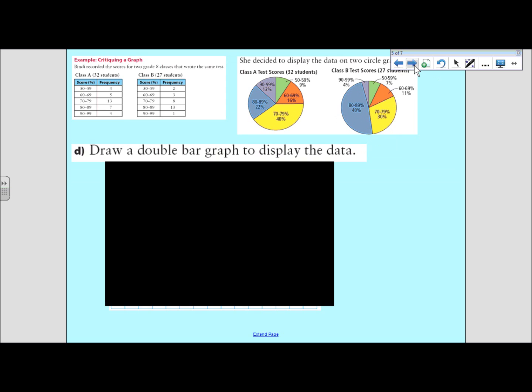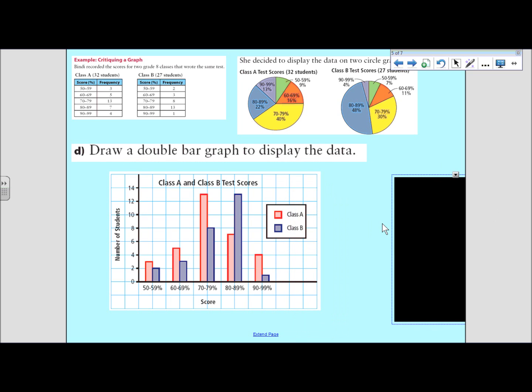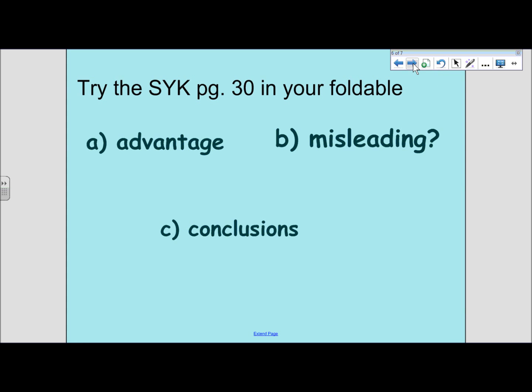So to draw a double bar graph to display this data, you can see it below, where we can compare them both to each other side by side. This is 2 sets of data side by side, as you can see below. So please draw, or do the show on page 30 in your notebooks, and show that to